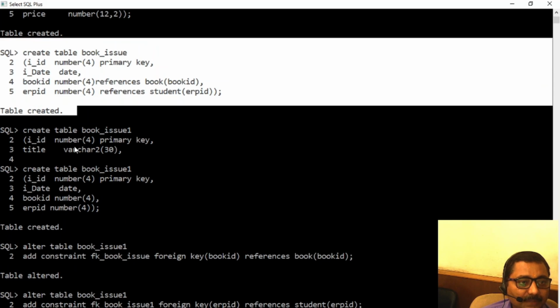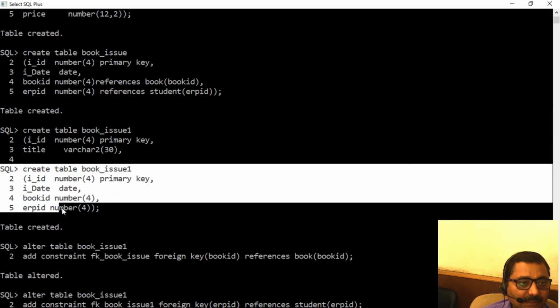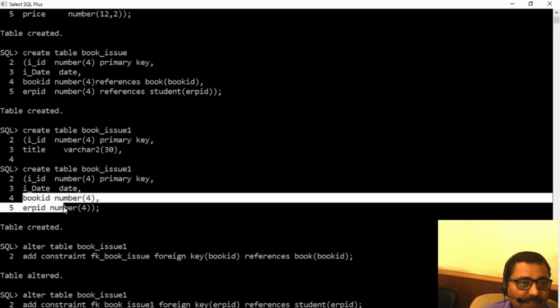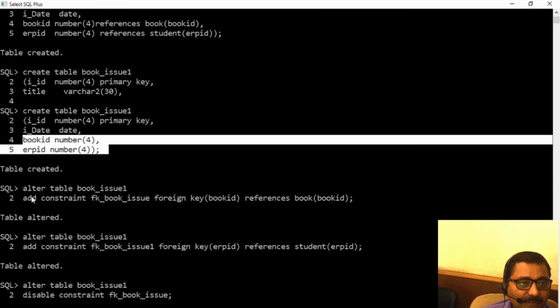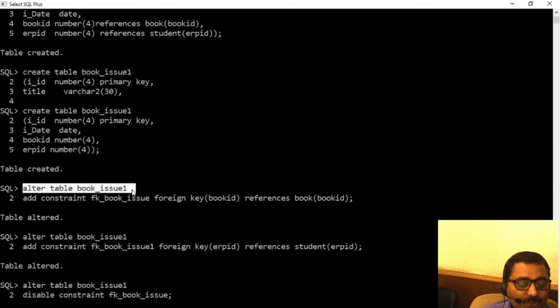After that, in this case, I have created a new table with the name book issue 1. Earlier it was book issue only. This is a new table I have created, but I have not created any foreign key here. For that, I have taken help of the alter table command, which is used for adding any constraint after creation of the table.